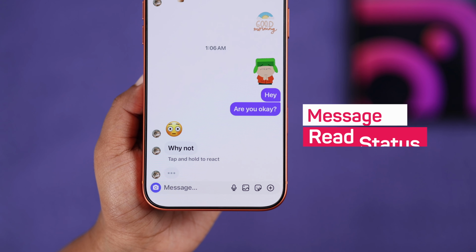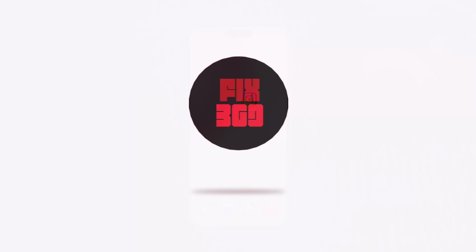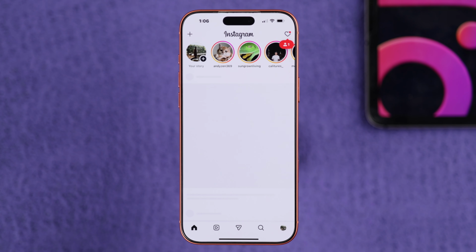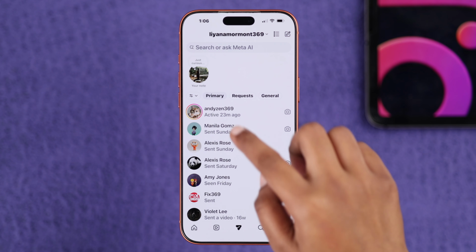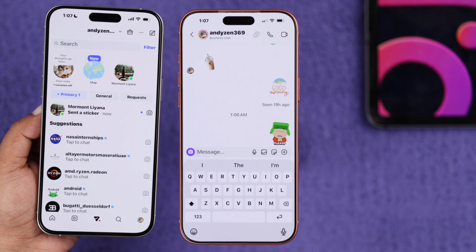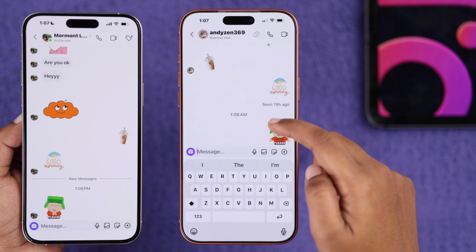Here's how to know if someone has read your message on Instagram. So first you have to open up your Instagram and go to your direct messages section. When you send a message to someone, you will usually see a seen label once they read it. So if the message is read, but you don't see the seen tab,